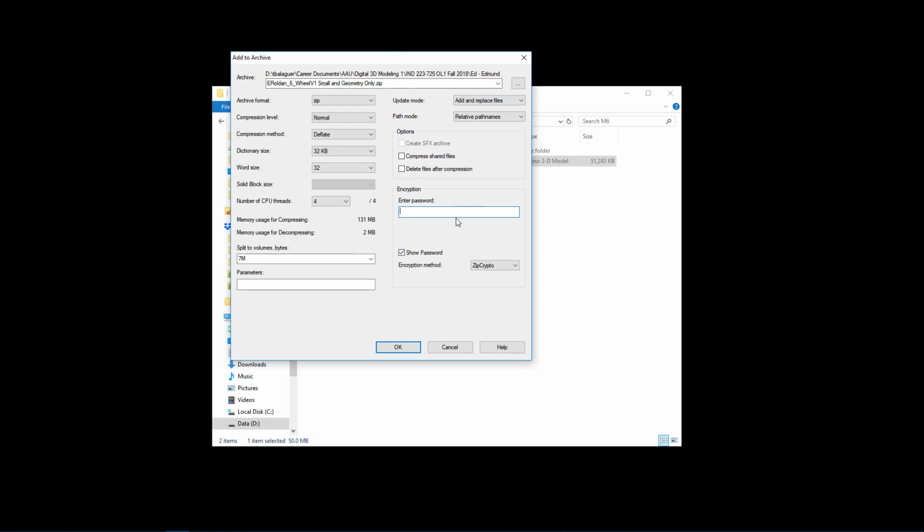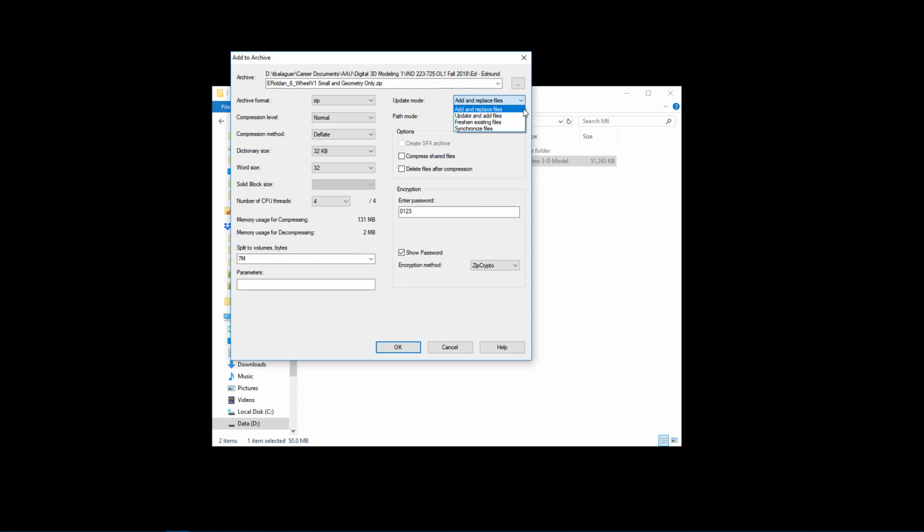We can password protect the file. So let's do that right now, just for fun. I will say 0, 1, 2, 3, something very simple. Of course, I never use this password for any of my files, because this is the worst password you could use. So, what else can we do?